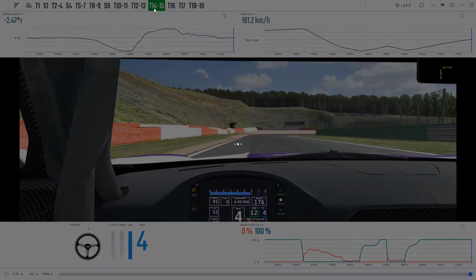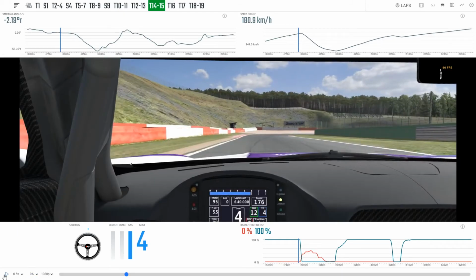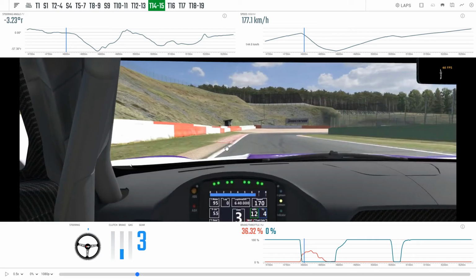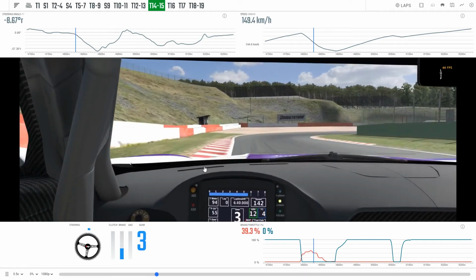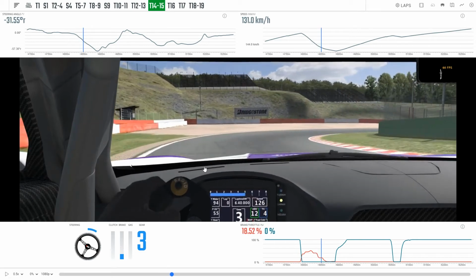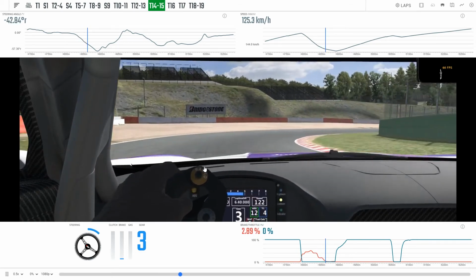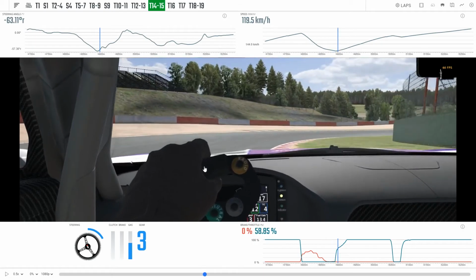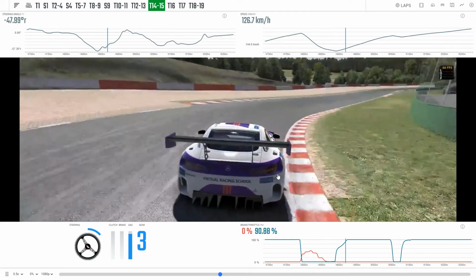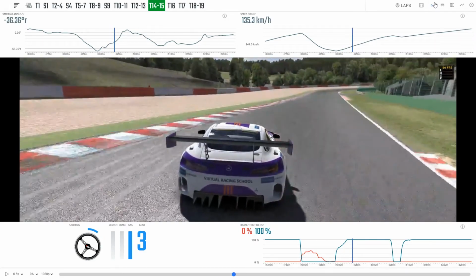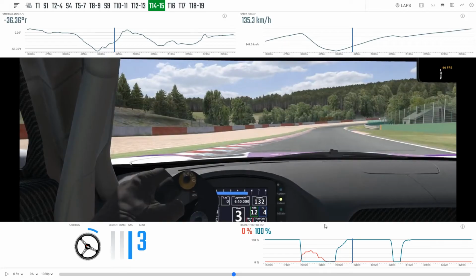So into the next right-hander of 14, play this through, again braking just before the curb, braking quite gently because Rens is going to be turning in shortly after braking, picking up the throttle as he apexes and using a bit more curb there. You can get away with that, to be honest, modulating the throttle as he waits for the car to settle